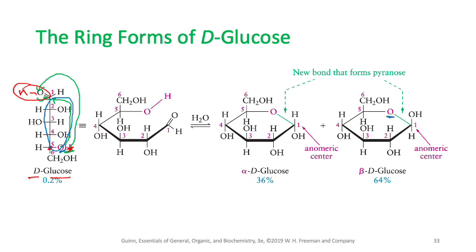You have this oxygen attached to this carbon number 1. This is your carbon number 1, right? And then the OH group on that carbon is this, and the hydrogen is this. And for each remaining carbon, it's the same thing, OH, H, OH, H. We're going to talk about this later, why this OH is on the bottom and this OH is on the top, somewhere like this. But this is the basic concept of how we make the 6-member ring with an oxygen as one of the atoms,